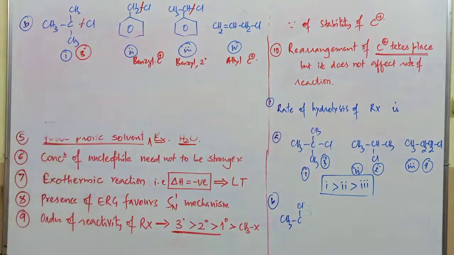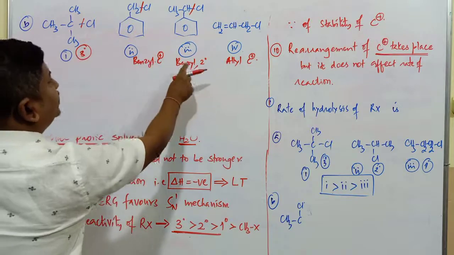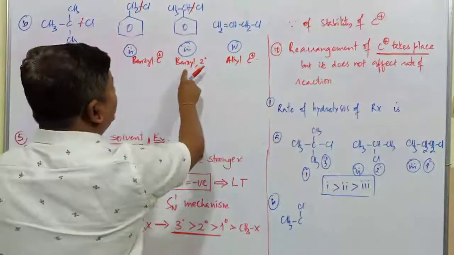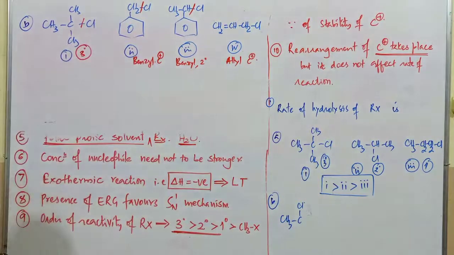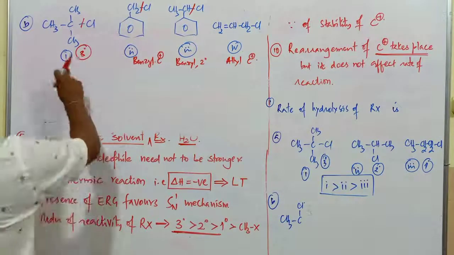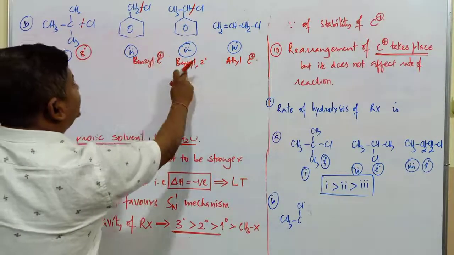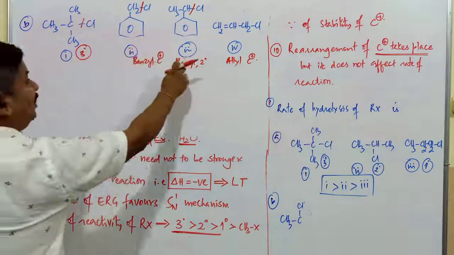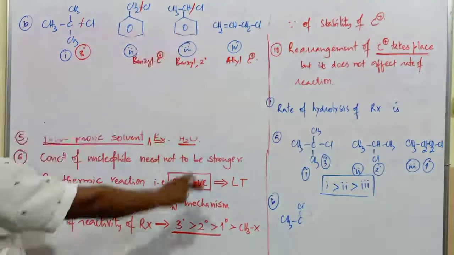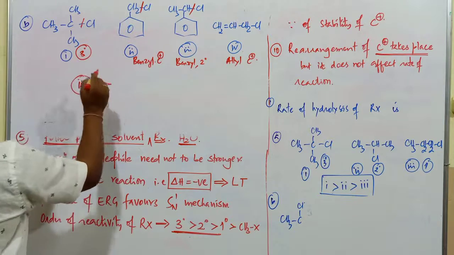Now in these examples, this one is stabilized by hyperconjugation, this is stabilized by resonance, this is stabilized by resonance. Resonance with what, a secondary carbocation? This one is going to be an allyl carbocation. So what is the order of reactivity of these 4 compounds? Now here this is also benzyl and this is also benzyl: benzyl with primary and benzyl with secondary. So naturally benzyl with secondary or tertiary are found to be more stable carbocations. The rate of hydrolysis is maximum in the case of the third one.